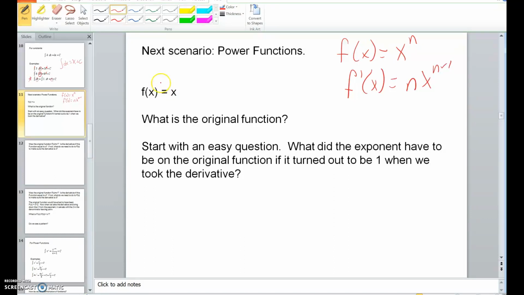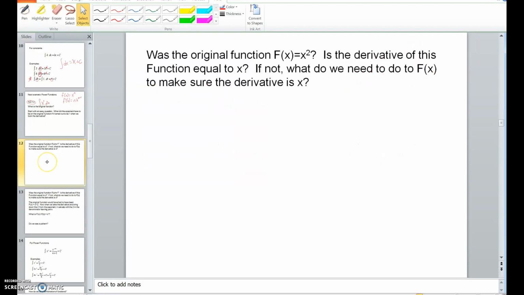So if I'm trying to find the antiderivative of f of x, so I'm trying to do the integral of x dx, I'm trying to ask myself, what was the original function that when I took its derivative, I got x? So the first question is, what was the exponent of the antiderivative? If the derivative's exponent is 1, what did the antiderivative's exponent have to start off as? Hopefully you deduced that it had to be squared, but if we think that the antiderivative is just x squared,